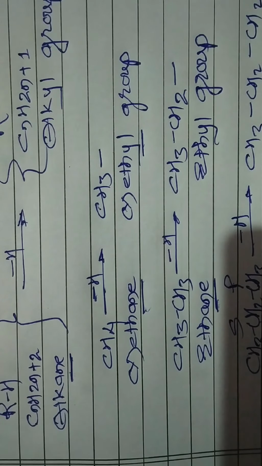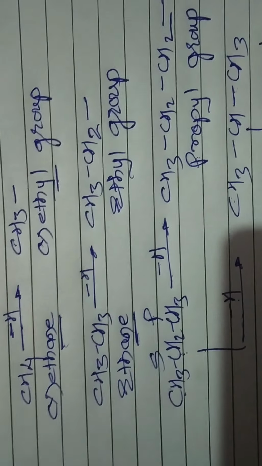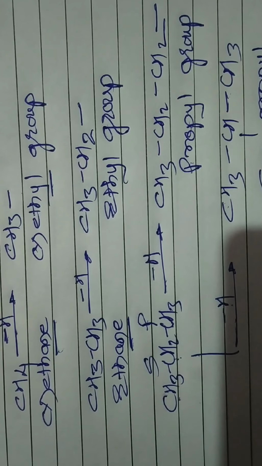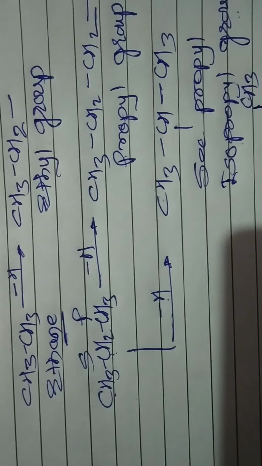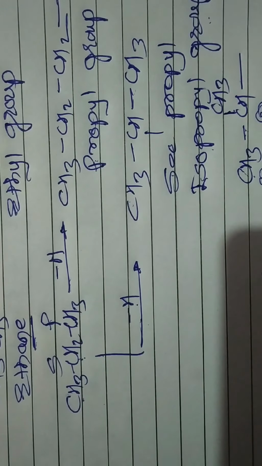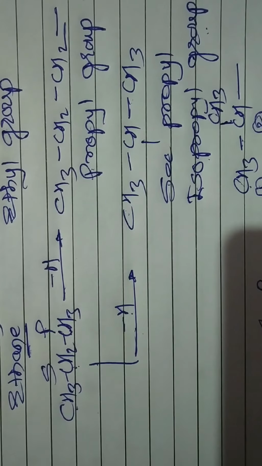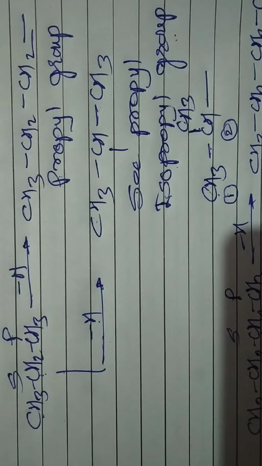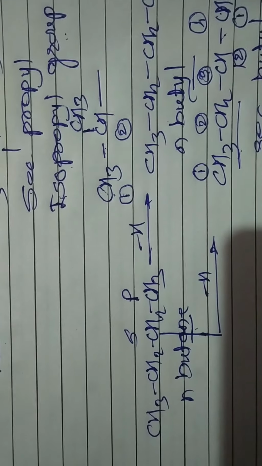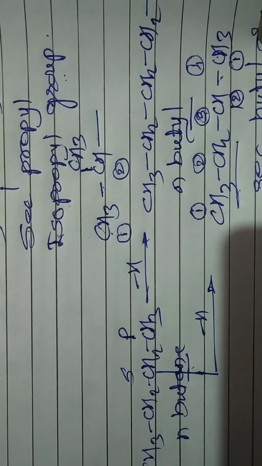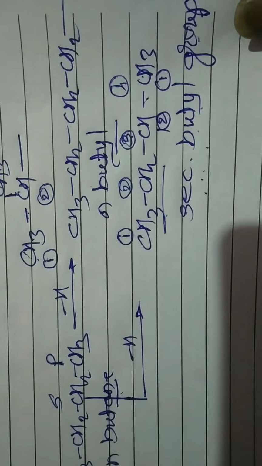Let us take another revision of the examples. From methane we form the methyl group. From ethane we form the ethyl group. From propane we form the N-propyl group for primary carbon and secondary propyl, that is isopropyl, for secondary carbon. Remember that only secondary propyl is known as the isopropyl group and no other secondary group can be written as an iso group. Now for N-butane, if primary hydrogen is removed, it is N-butyl. If secondary hydrogen is removed, it is the secondary butyl group.